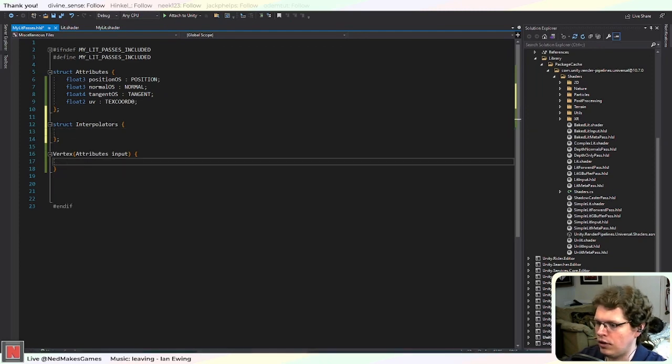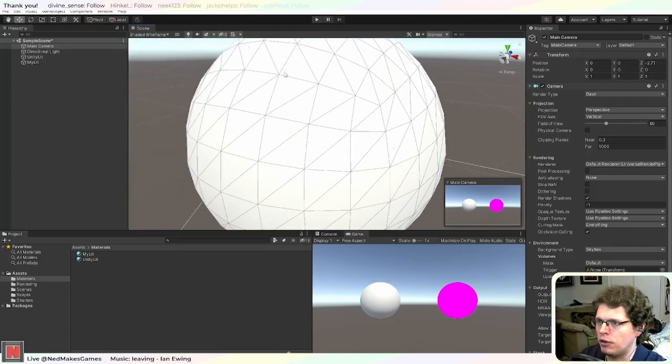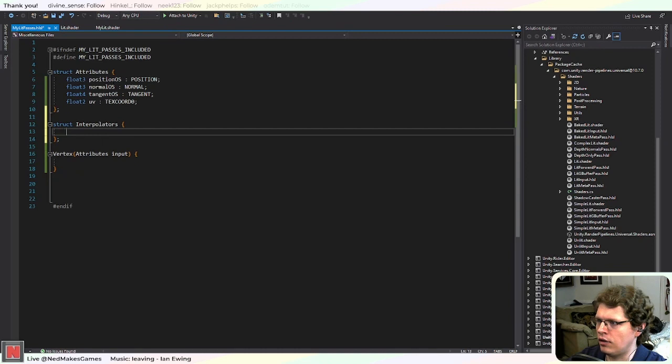you can see, like on this mesh, I have the wireframe enabled. So the vertex stage only runs once per vertex on the mesh, but the fragment stage needs to run on every pixel inside that triangle. So how do you figure out the values in between the vertices? Well, basically the GPU interpolates between them. So like if this was 1 and 0, then you get a smooth gradient across it. So that's what, and so everything that you put in this interpolator structure is going to be applied that way. So you want to be careful not to add too much here, but we'll add the position in world